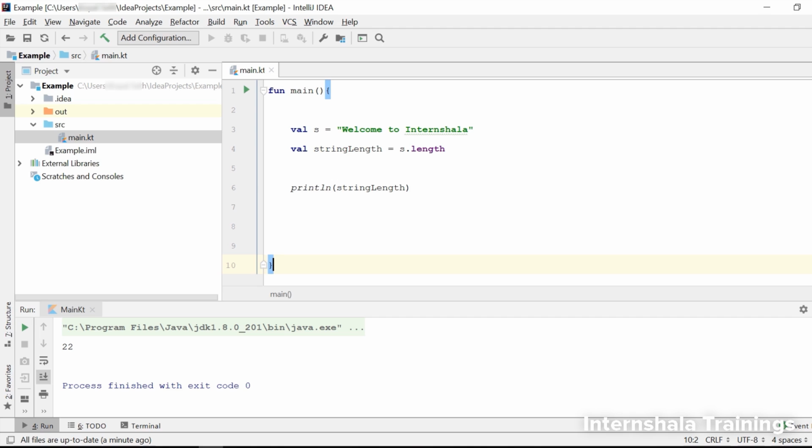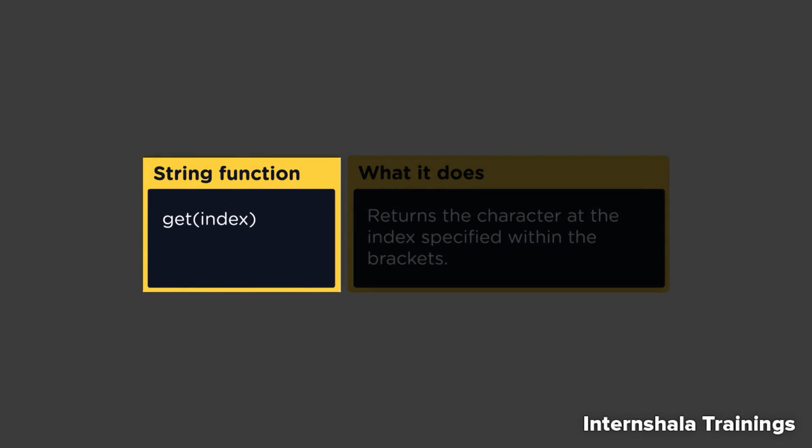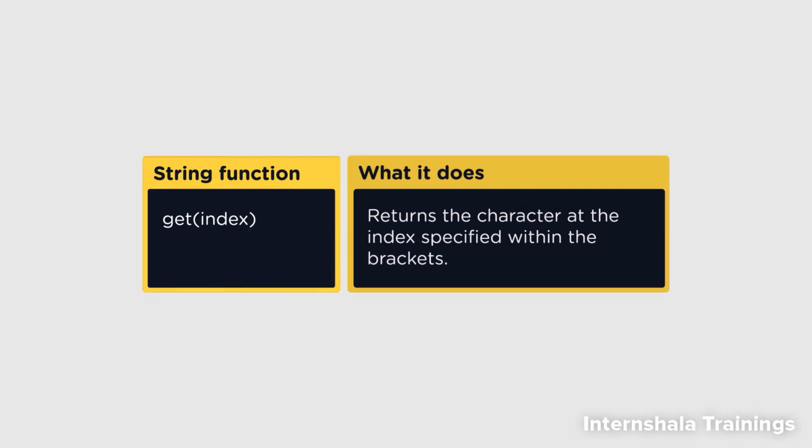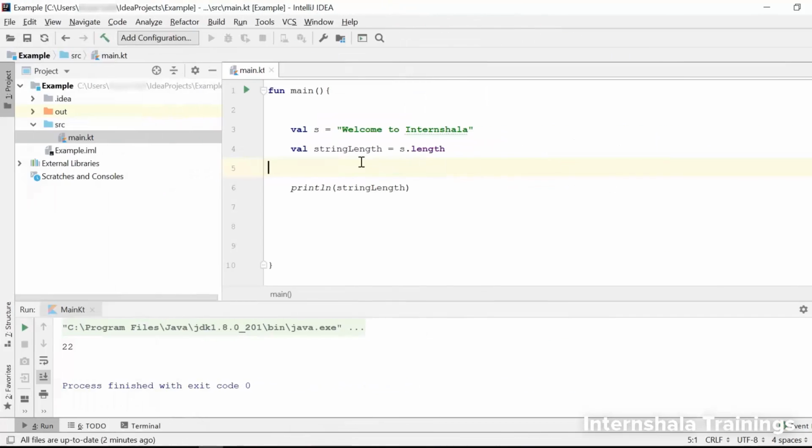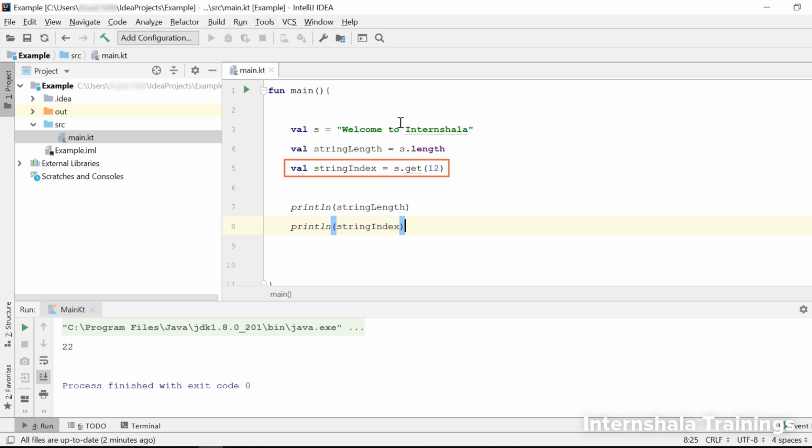Now let's move on to the second string function, which is this. This string function returns the character at the index that has been specified within these brackets. Let's go ahead and learn how to use it. So this is how we can use this function. We are trying to get the character that is present at index 12 in the string that we have defined here.